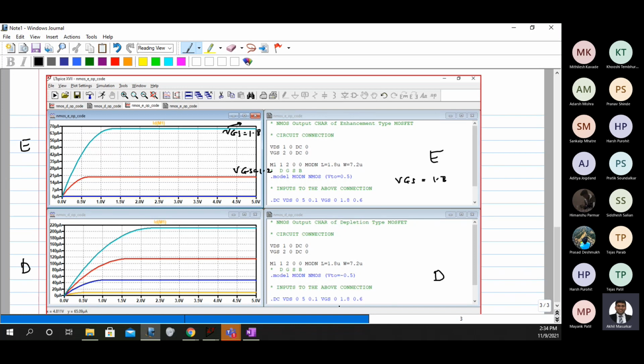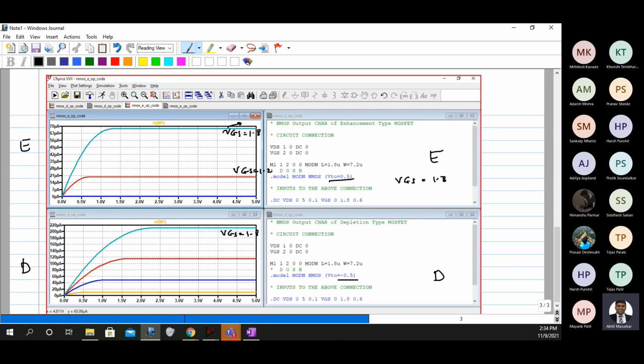Similarly here also you can see that VGS is going to be 1.8. Now here the threshold voltage is 0.5, here it is minus 0.5.